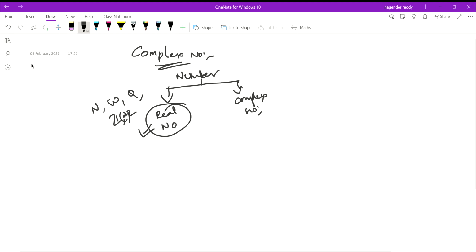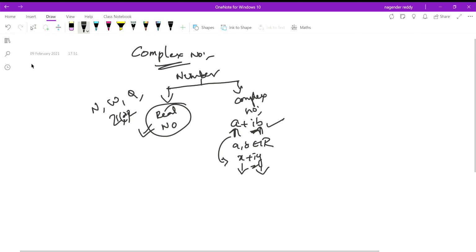And a complex number is nothing but a number which is of the form a plus ib, where a and b are real numbers. In intermediate second year we have the a plus ib concept. But in the diploma textbook we have x plus iy. You can use anything, no problem. These are nominals only, they are not fixed, but i is fixed. So any number of the form a plus ib is called a complex number. This is the definition of the complex number.